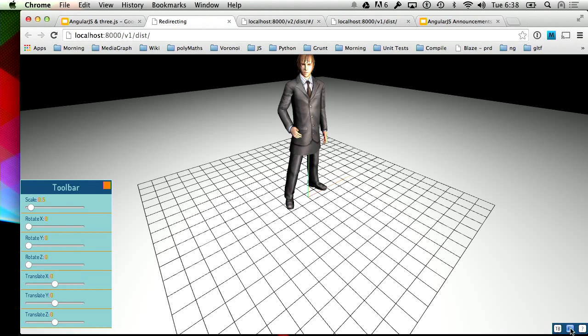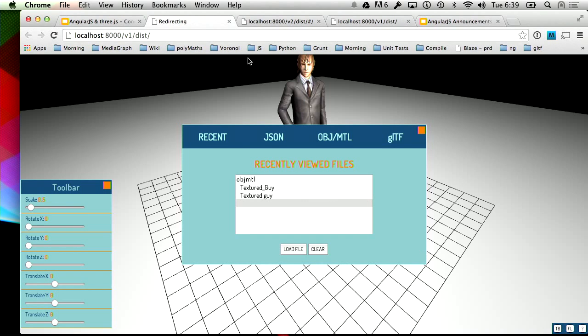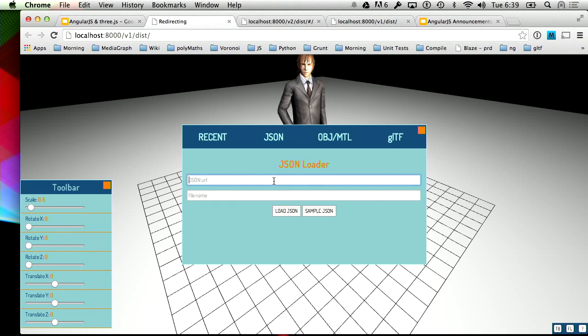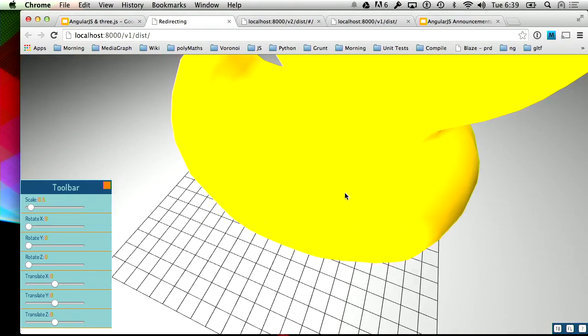Yeah, inside these little tabs on the bottom right too to sort of open and close stuff. This also leverages a local storage module. So whenever I actually copy a URL for, say, a JSON URL for a JSON model, or an OBJ and MTL or a GLTF model, it'll actually load those models directly into the scene and then store them in local storage.